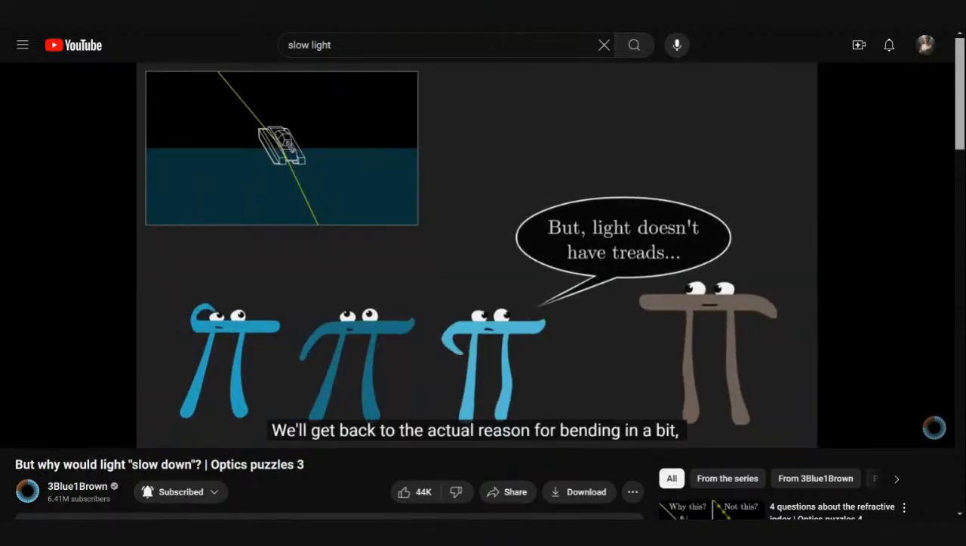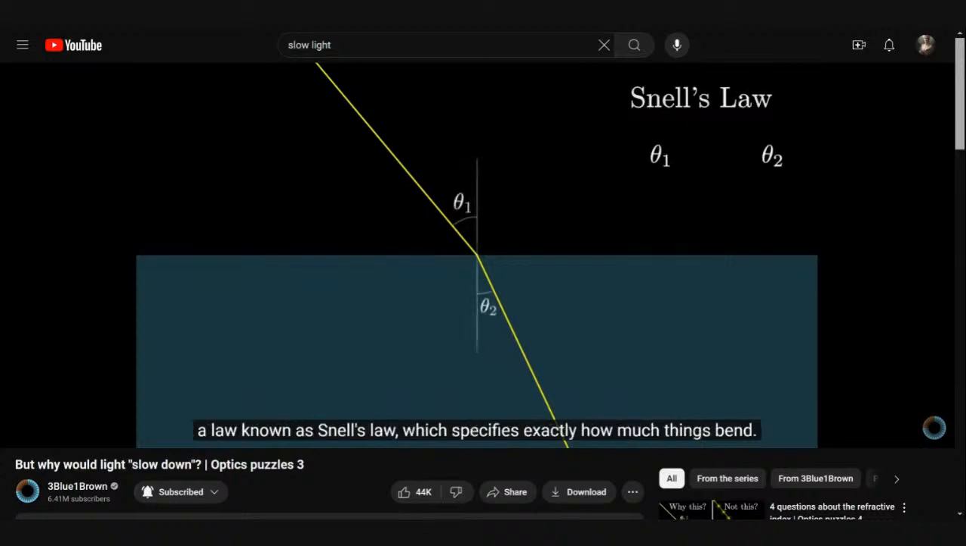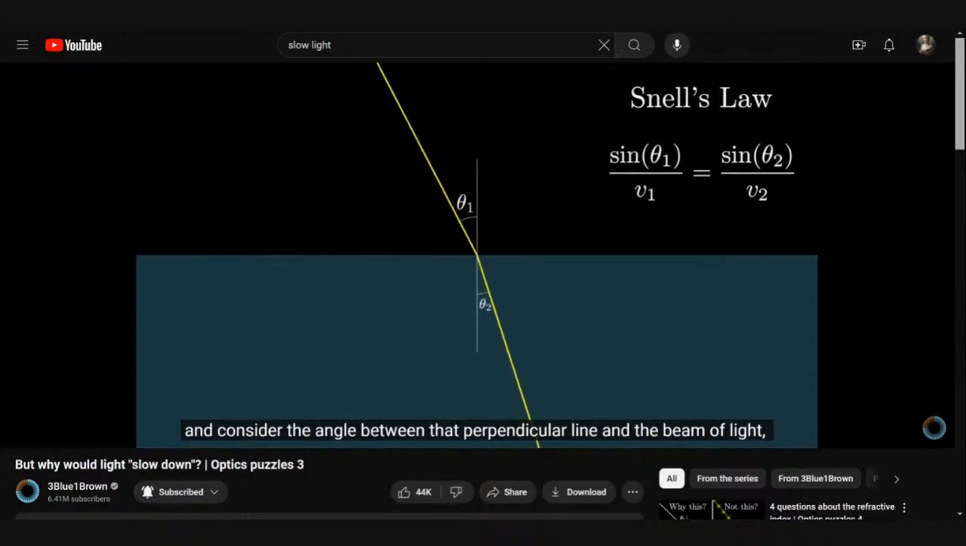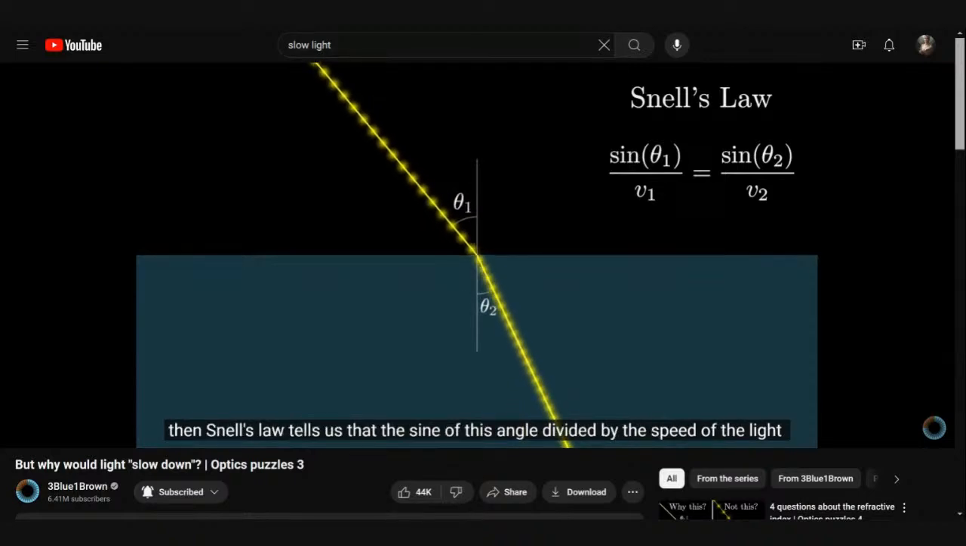We'll get back to the actual reason for bending in a bit, but at this point, the high school physics students typically learn a law known as Snell's law, which specifies exactly how much things bend. If you draw a line perpendicular to the boundary between the glass and water and consider the angle between that perpendicular line and the beam of light, then Snell's law tells us that the sine of this angle divided by the speed of the light